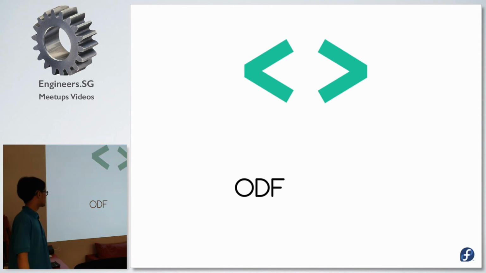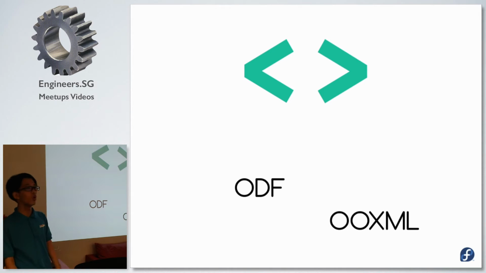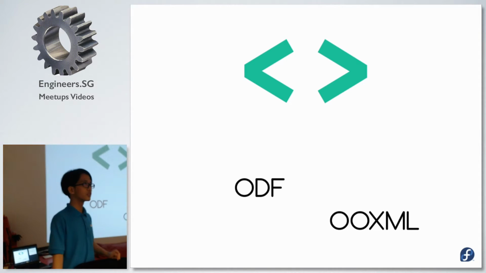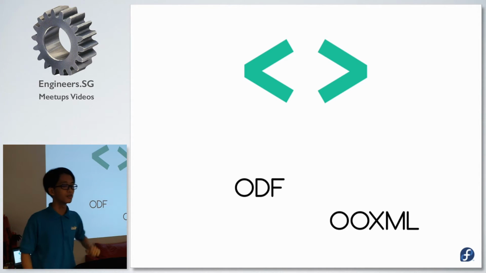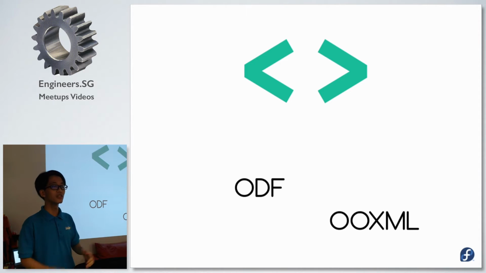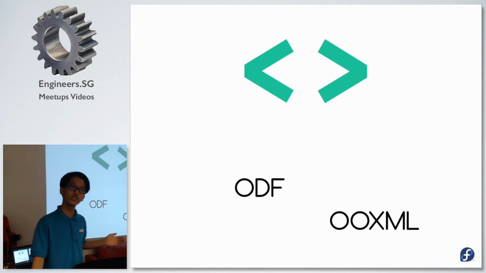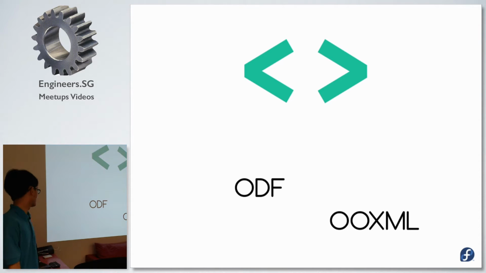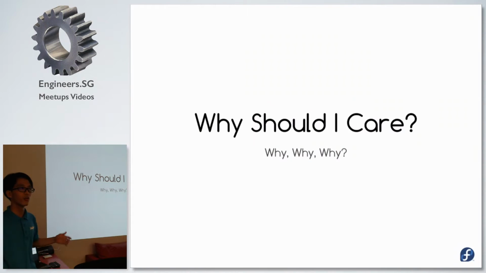Another general open standard for documents we have is OOXML, Office Open XML. Both of them are based on XML as well. The second one is an initiative by Microsoft. So Microsoft also takes part in open document standards. But there are a few strange stories about it. I'll tell you more about it. But before we go more into the stories, we are going to go into why should you care.